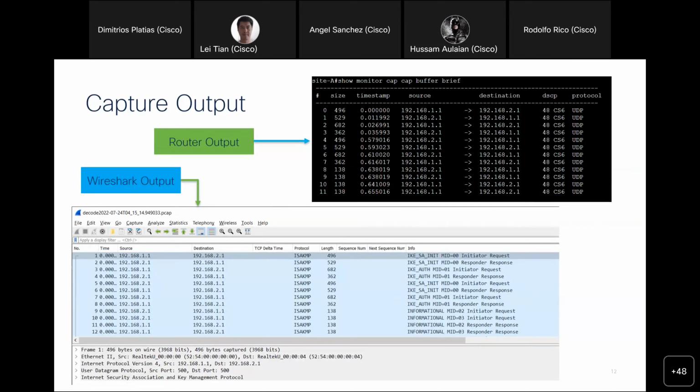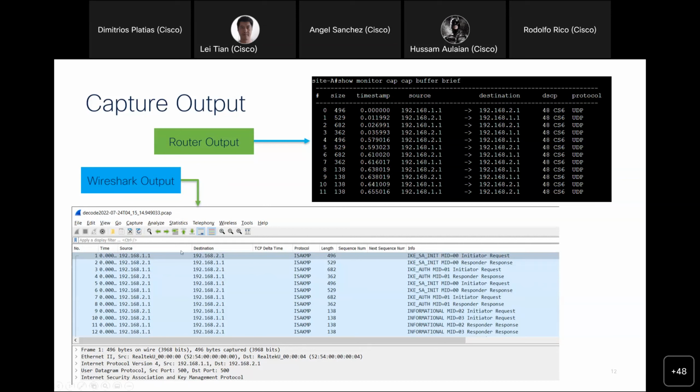So in the router perspective, we can see an output that's telling us that we have interaction between the two peers. However, it's not giving us that much information, but still we can at least discard that there's a problem with connectivity because we have bidirectional traffic between the peers. So you can see here that the first packet is sourced from side A, 1.1, and the second packet is coming from side B, 2.1. And we can see that it's UDP protocol. We don't know what's inside yet, but that's the reason why we can extract the values and then go deeper